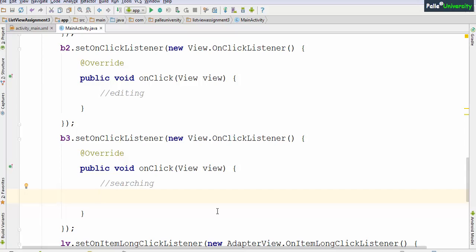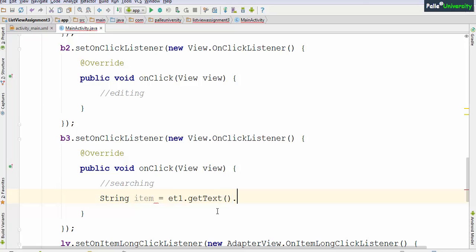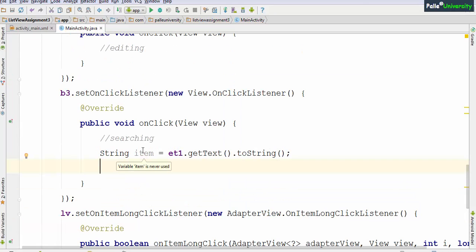Now for searching, we know that user will enter a city name and click search button. So first we have to read the element from edit text box. Like this, and now we have to search this item in the array list.